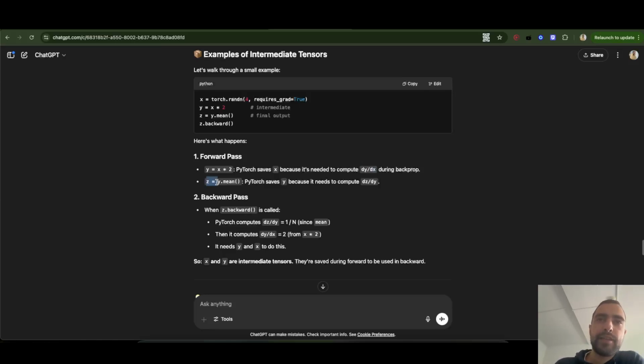And then z is equal to y.mean. PyTorch saves y because it needs to compute the derivative of z with respect to y. So, how does z change when y changes. You need these derivatives for backpropagation so you can update weights. So you want to know how the loss changes, how the prediction changes when you change different weights in the